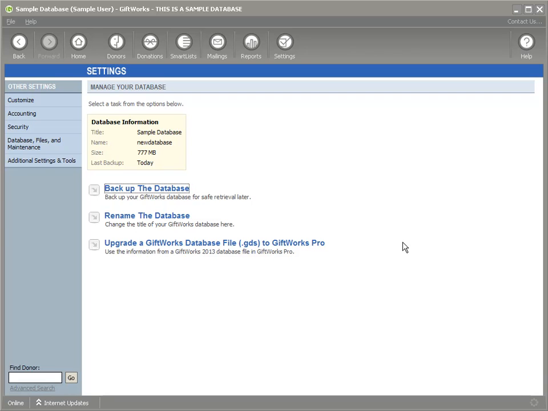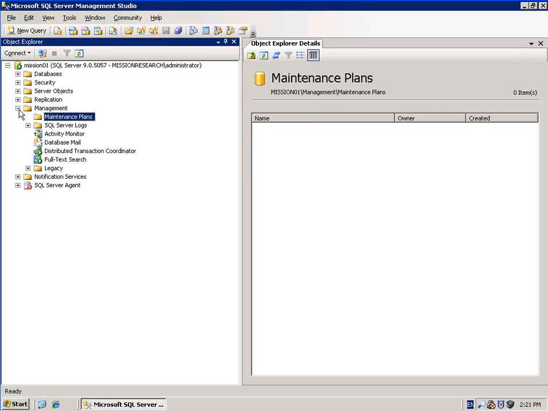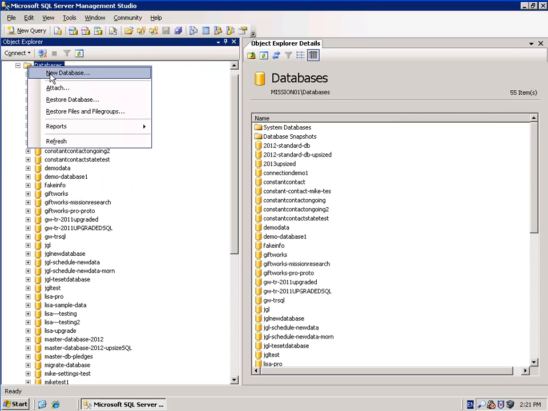But for GiftWorks Pro, because of the amount of data, amount of information you may be managing, and also the fact that it's hosted on Microsoft SQL Server, we felt that the risk in restoring was just a little bit too much, and perhaps some of the risks that you might run and the way that you might put some data or information in jeopardy, we felt we didn't want to include that capability right inside of GiftWorks, but rather would rely on whoever's managing your Microsoft SQL Server, whether it be a person within the organization or a computer professional. We would simply just rely on their ability to go to SQL Server under Databases, right-click and say Restore Database